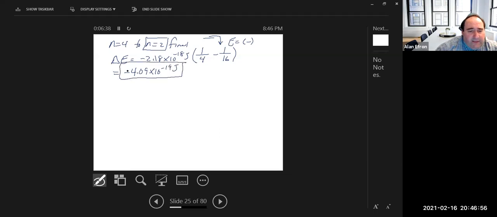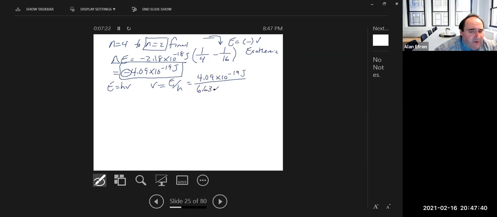Again, here we do see the negative value, which we did expect it to be exothermic for the atom here, as the electron again is going from higher energy to lower energy. In order to do that, it has to give off the energy in the form of a wave. And again, you could go into the frequency first, or you could do wavelength if you want, but at this point, I might as well go with frequency. Again, solving for frequency is E over h, again turning our energy into a positive number so we do not get a negative frequency,